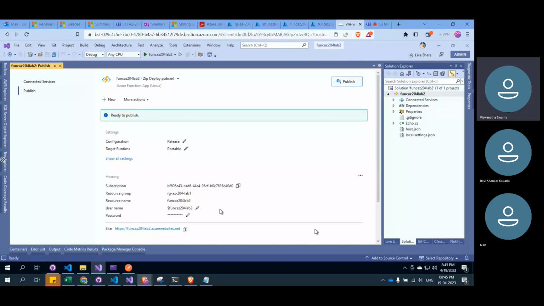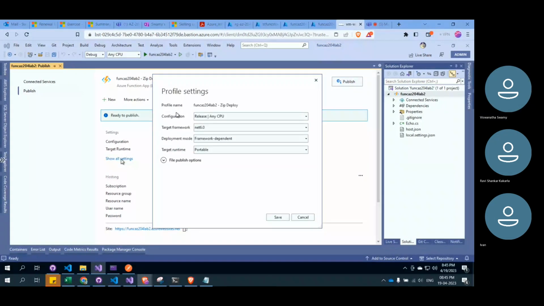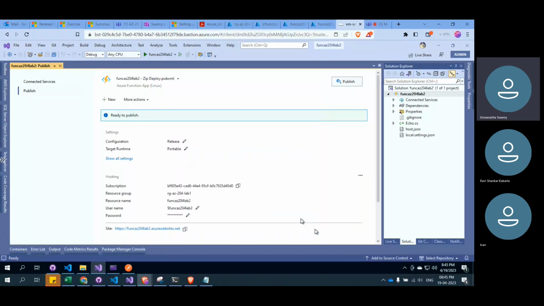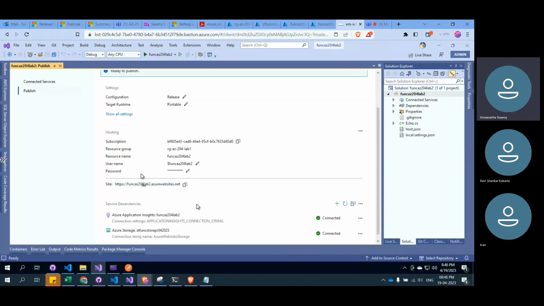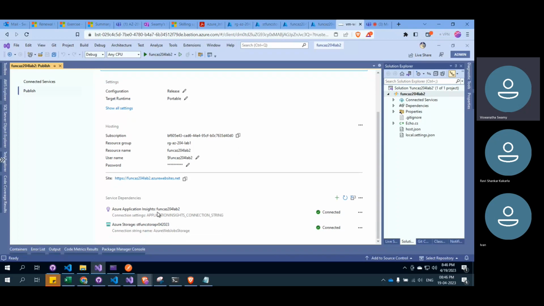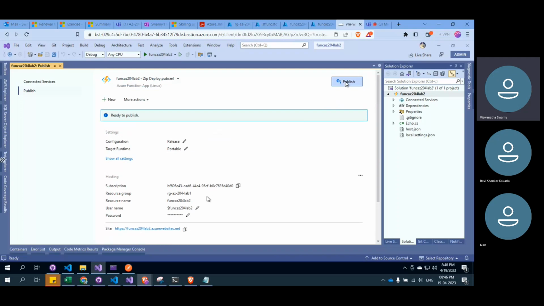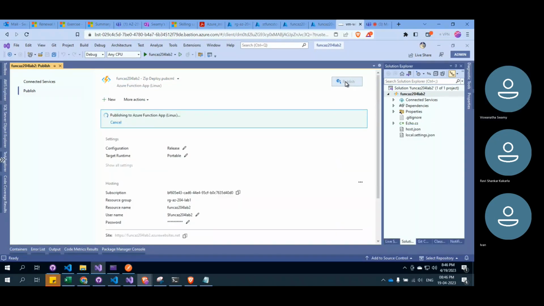So it created it. So we can come back to show all settings. And you can see all these details here. So if you want to change something, you can change it. But as of now, I think everything is good. And it is also giving the function name and correctly picked up the Application Insights and everything. So once you're satisfied with all these things, you can click on publish and wait